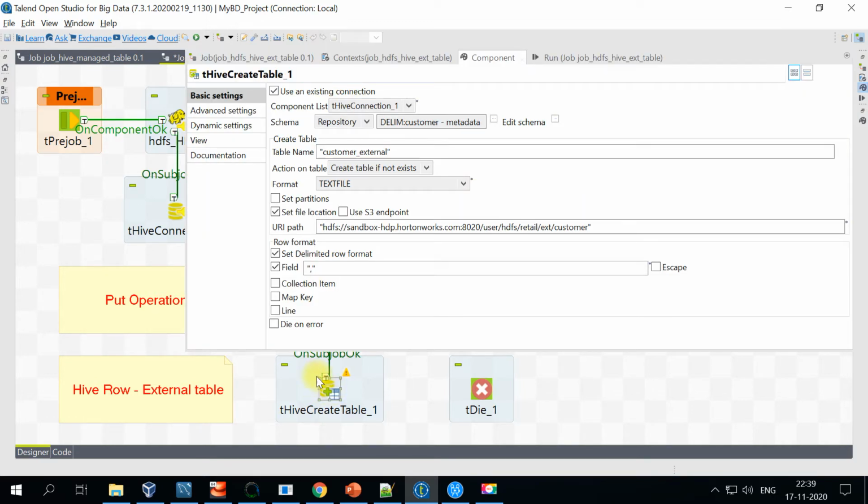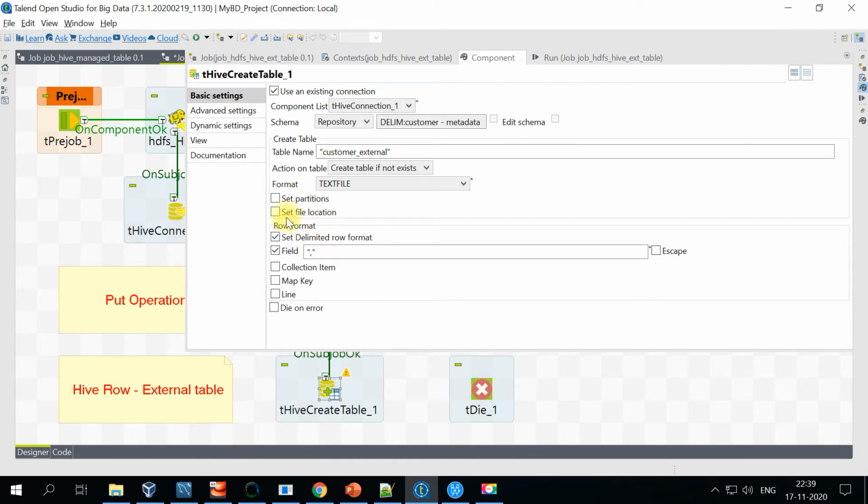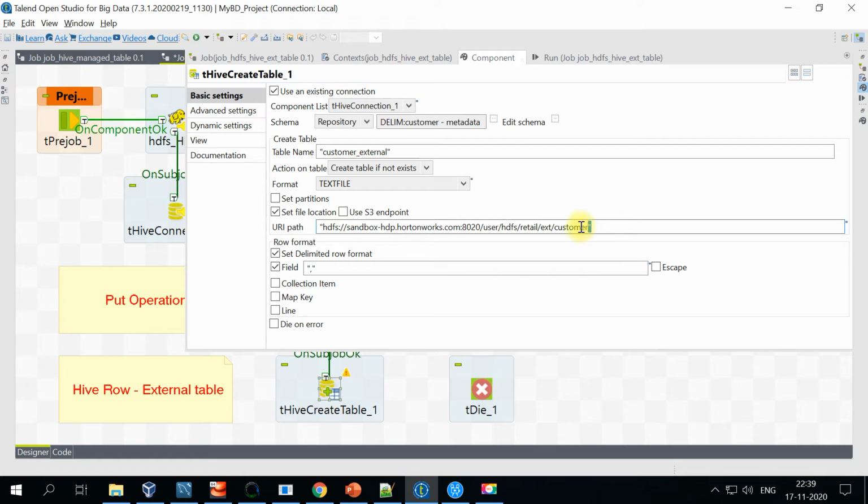Now let's look at the properties of Hive create table. In the previous example with the managed table, we were able to see we haven't set this path, right? The set file location was not present, but for creating the external table using this particular data file, we will be setting up the file location.